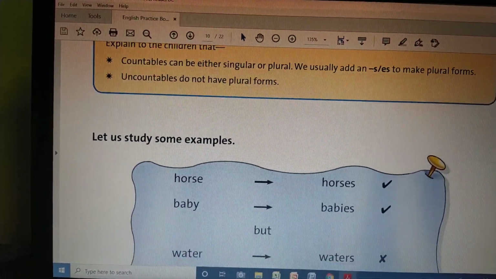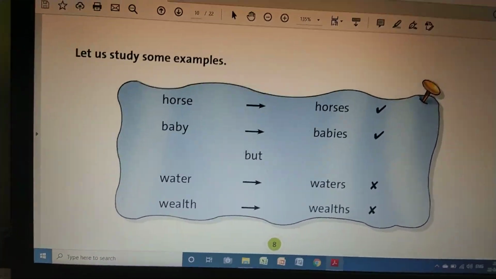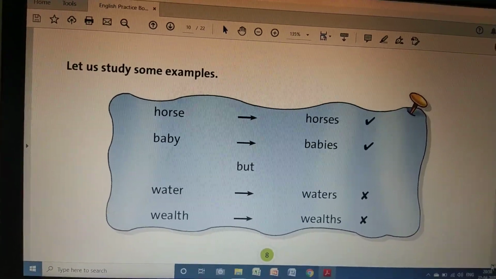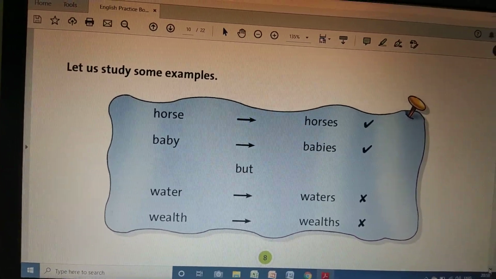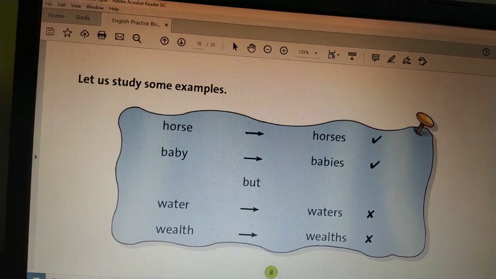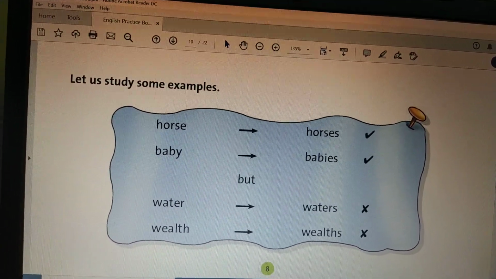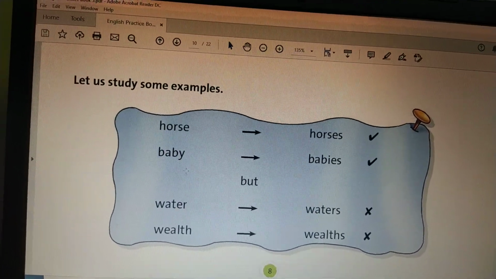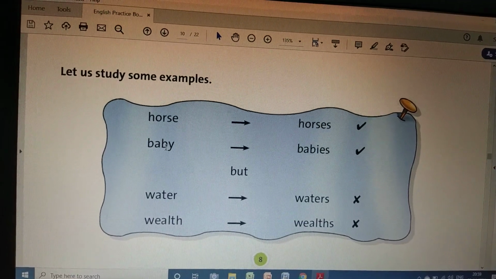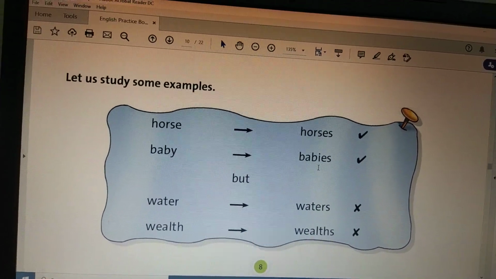Now, here they have given some examples of plural form, how to change a word from singular to plural form. Now, this we have already learnt in the previous slide, and I am sure you all are clear with the concept. But let's read the words given here also. First one is horse, and the word is horses. Baby, babies. Okay, why have we added ies, children? Because here the word ends with y, and the alphabet before y is a consonant, b is a consonant, so we have removed y and we have added ies.